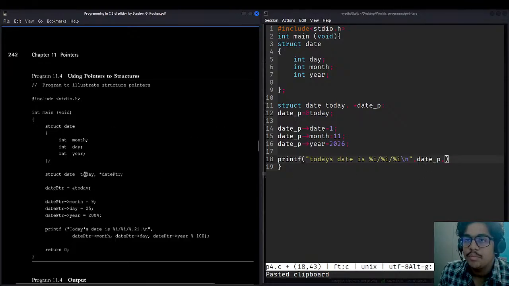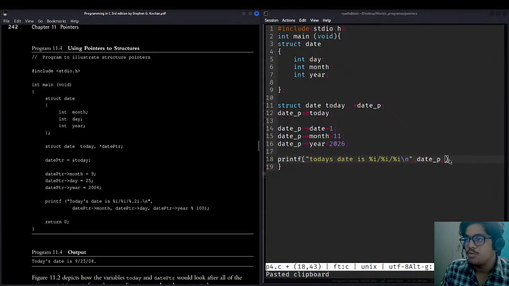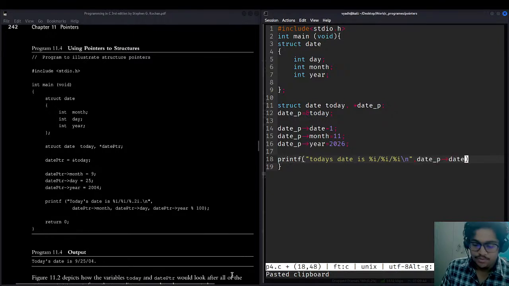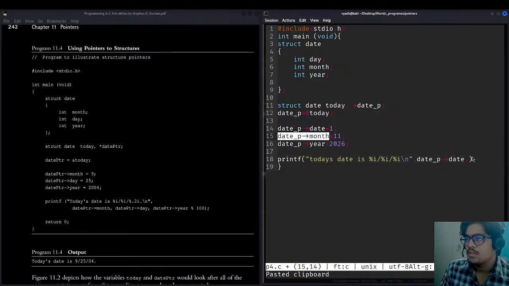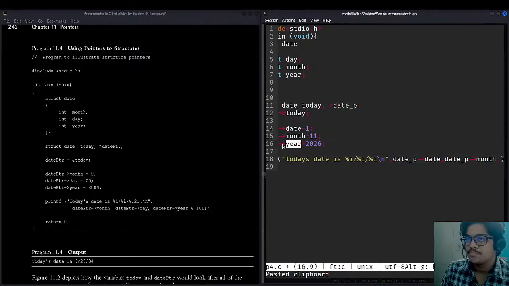I think I have made an error. Date p dot, yes, because it is like date p month. We have to copy it whole. So date p date, shift V, comma, shift V, comma.